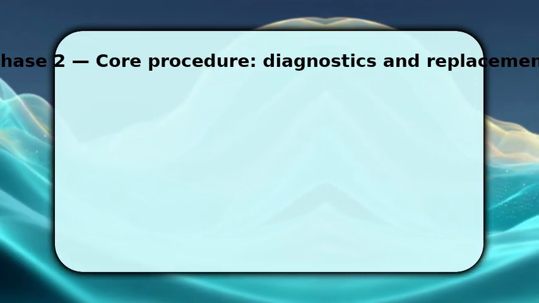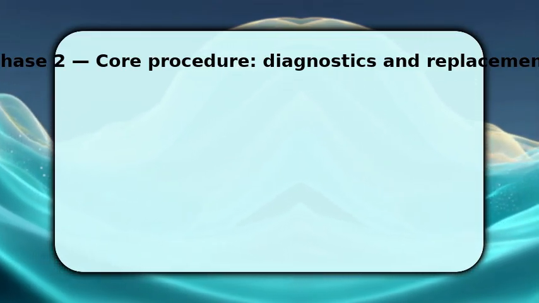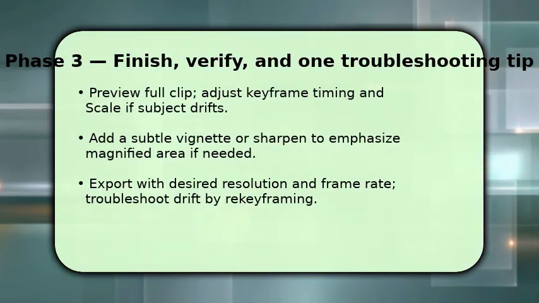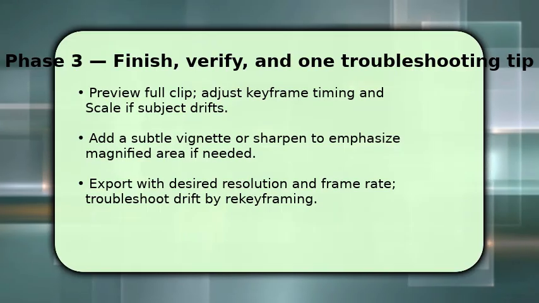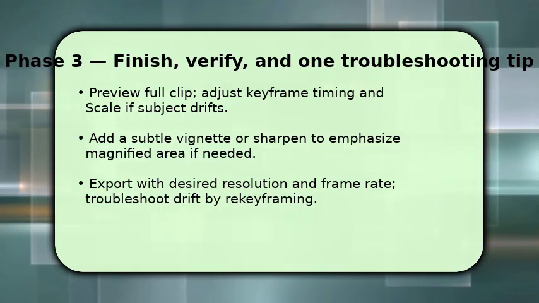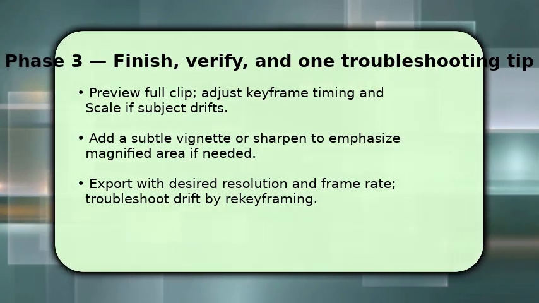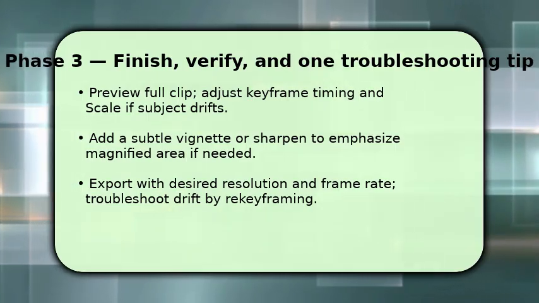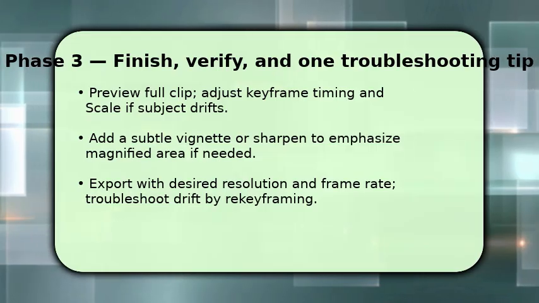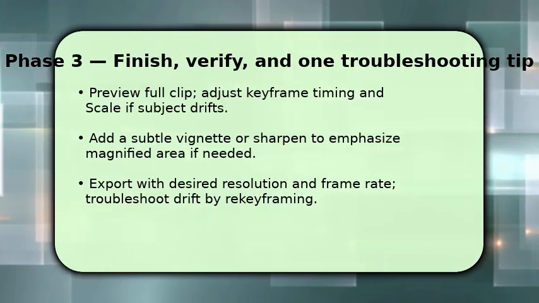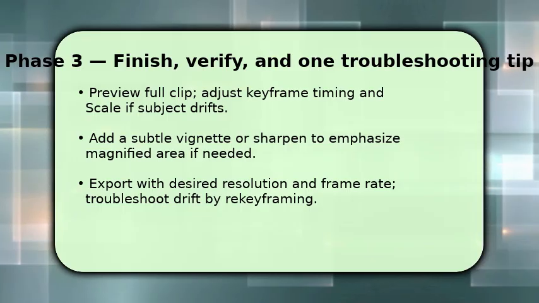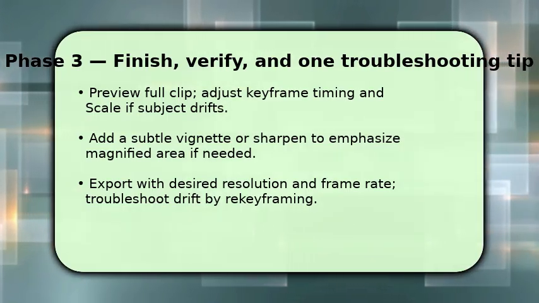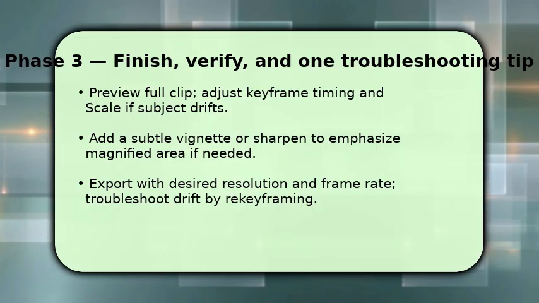Preview, then tweak. Finish by refining the motion and visual emphasis. Play the clip and watch for drift. If the subject moves, add intermediate keyframes or slightly adjust position values so the framing stays natural. Once satisfied, consider a subtle vignette or slight sharpen to draw attention. Use restraint. When exporting, pick the original resolution and frame rate to avoid quality loss. If things go wrong, reopen the keyframe graph and correct any accidental extra keyframes. That single stray